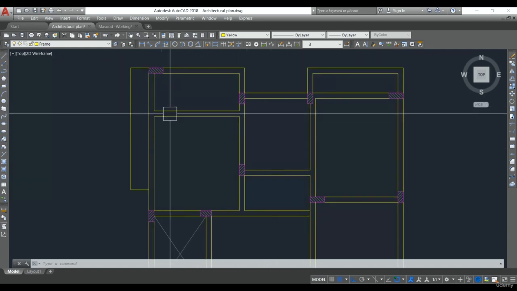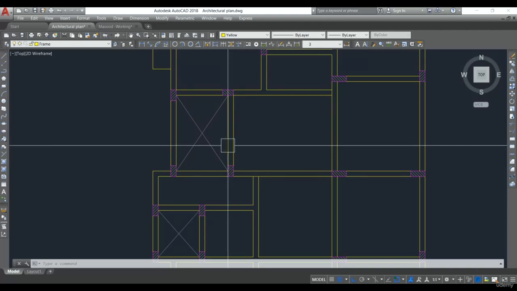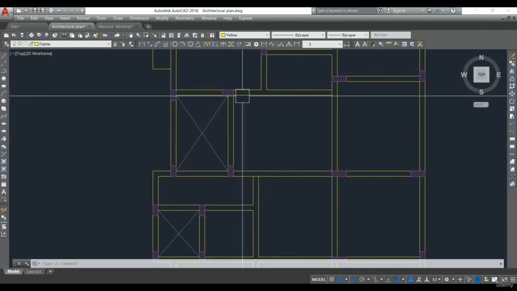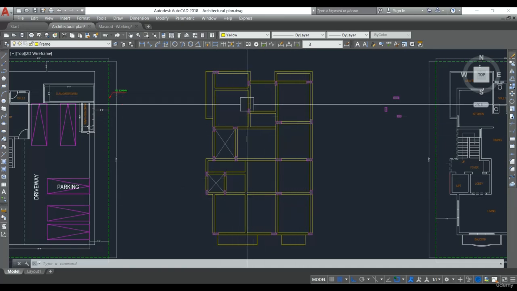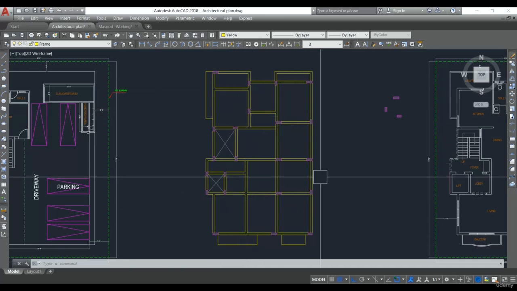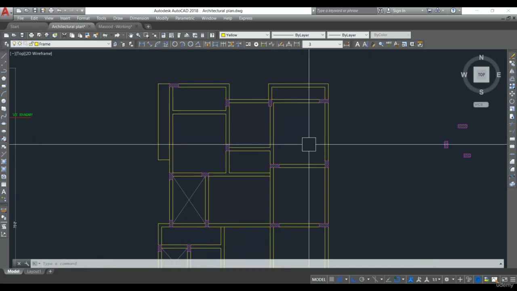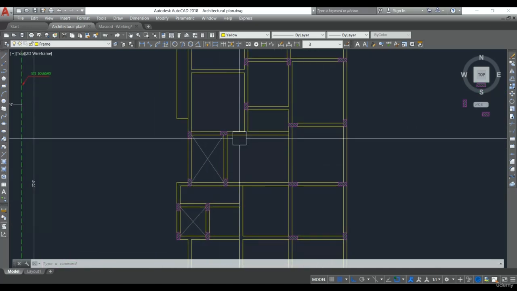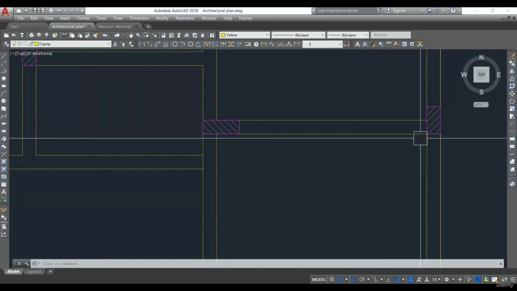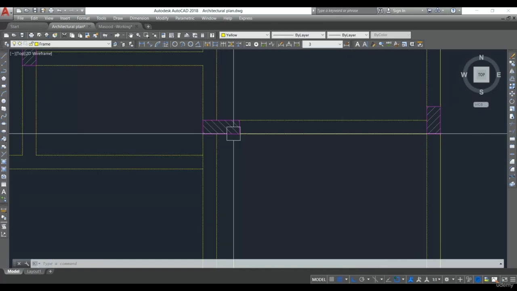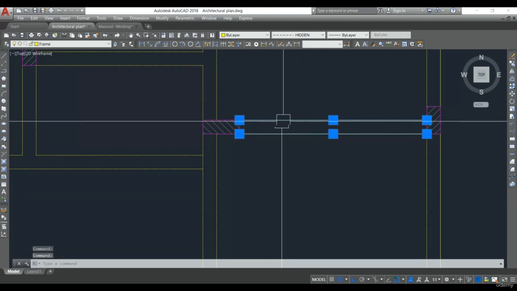See, this is the framing layout. That means we have beams, we have columns, and this is the slab. So all the framing layout has been made. Now let me explain about the primary beam and secondary beam. A primary beam means the beam which is connected to the column, which is directly supported by the column. So that is called a primary beam. See here, this is one main beam, primary beam,